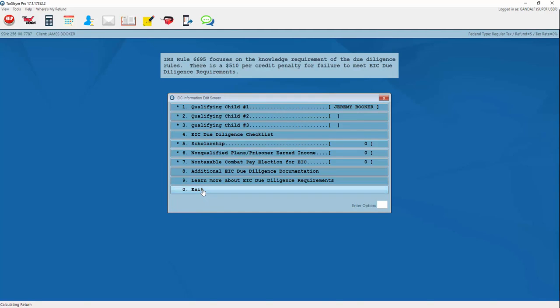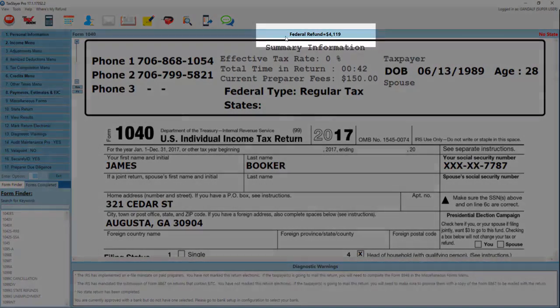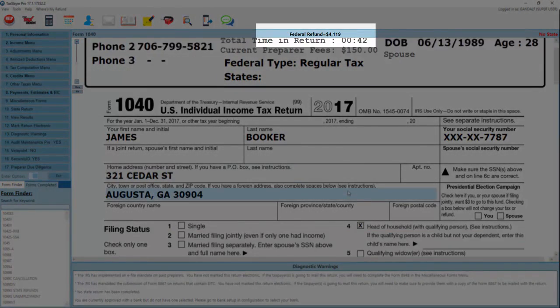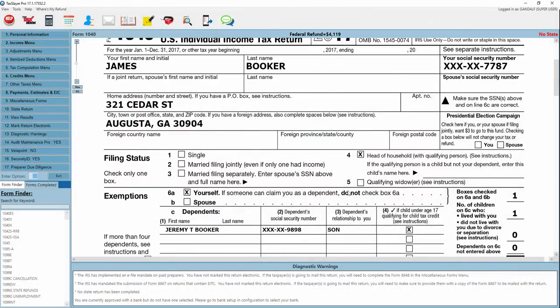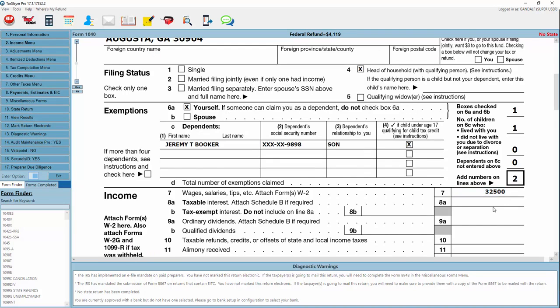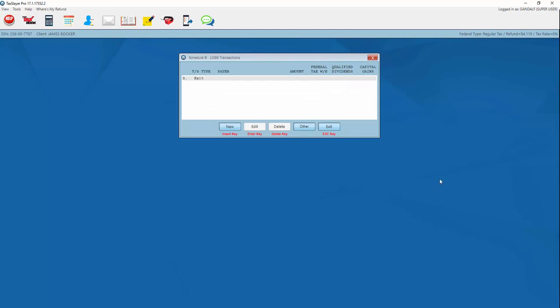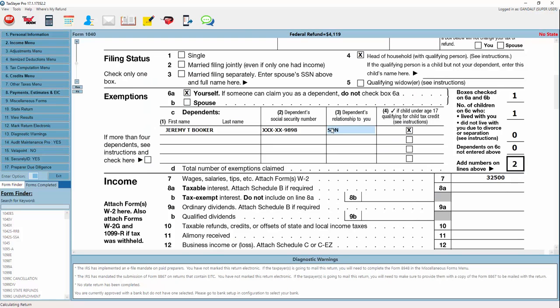And we're now at the client's 1040 screen. From the 1040 screen, I could view my client's federal refund in real time at any point in the process. I can scroll up and down on the 1040 to add information or make any changes to the return that I needed to. In other words, if I needed to add interest to the return, I could simply double-click Online 8A,